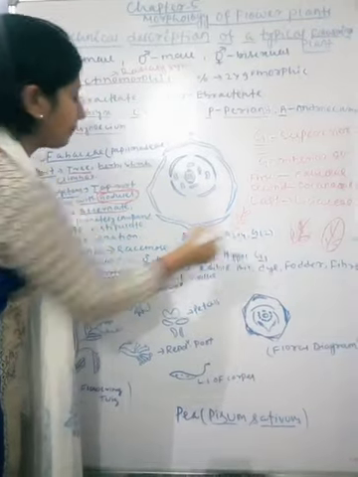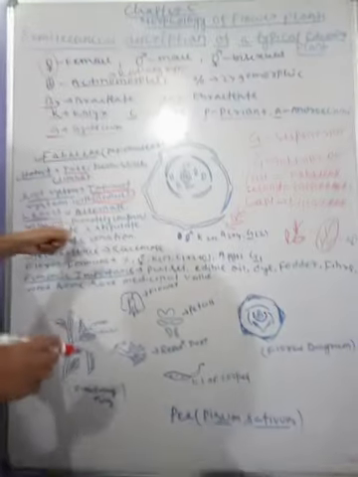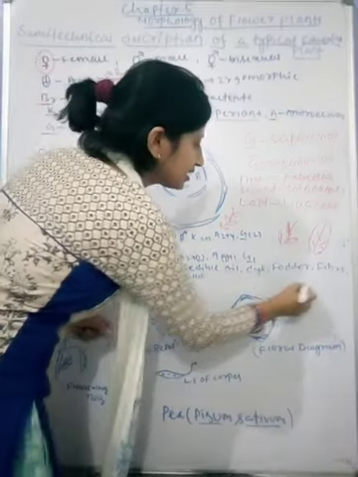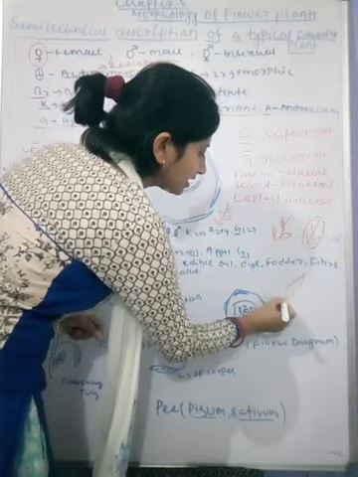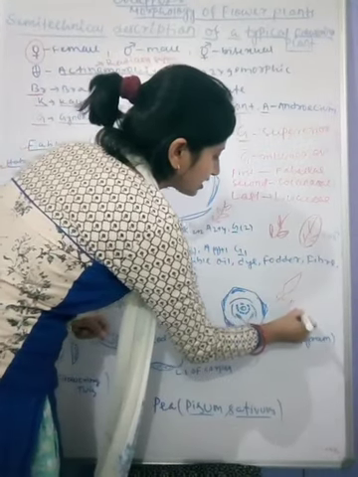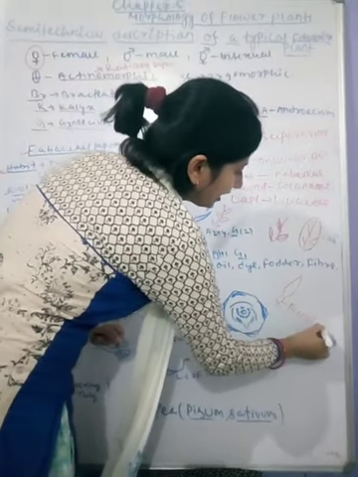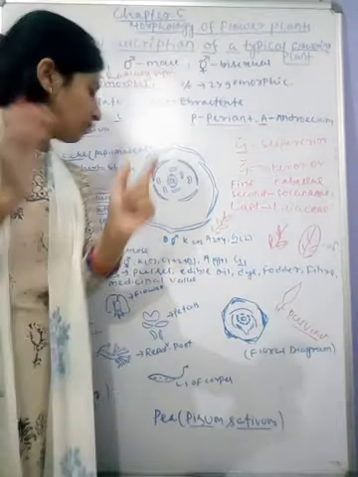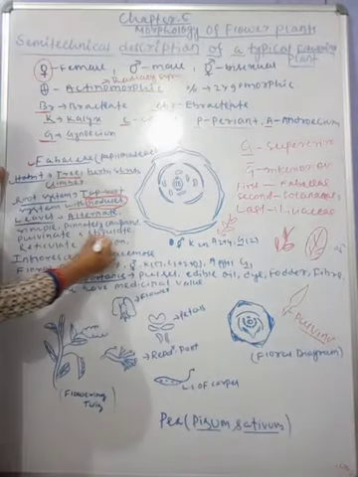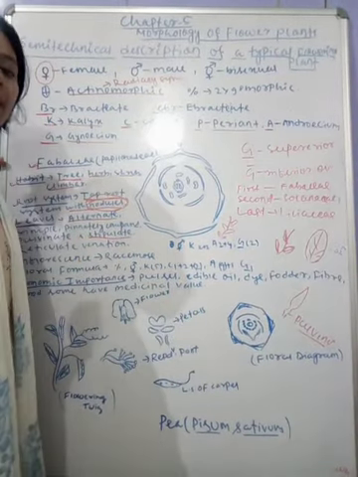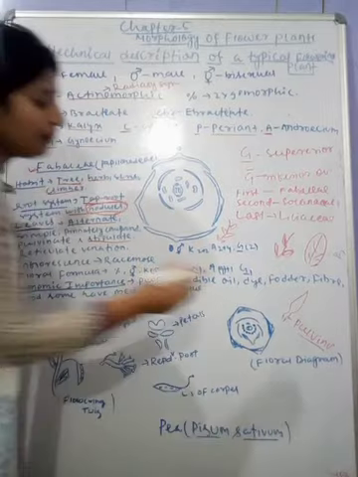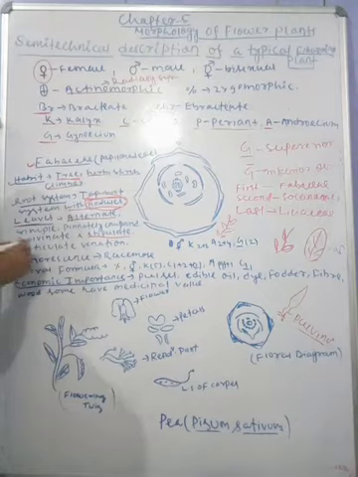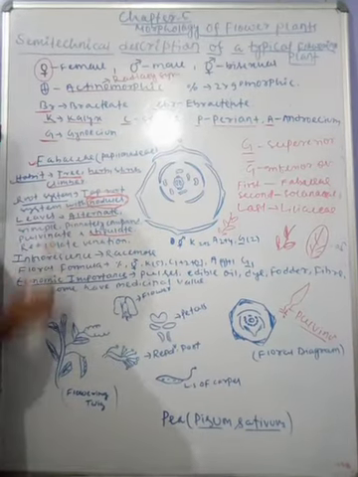This is pinnately compound. Then pulvinate. Pulvinate means having a swollen base, means the leaf whose base is swollen. This is pulvinous. You have studied this in class 10th. It has pulvinous leaves, means the leaf base is swollen. Next is stipulate, means small leaf-like appendages are present at the base of the leaf. They are called stipules. Then its venation is reticulate.